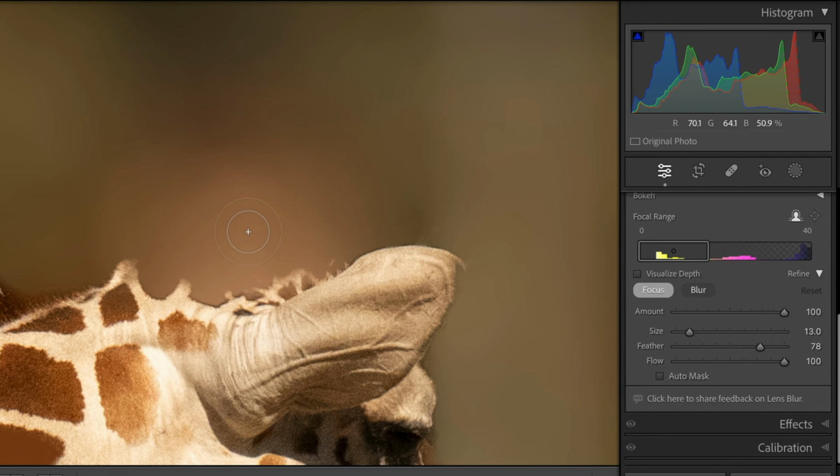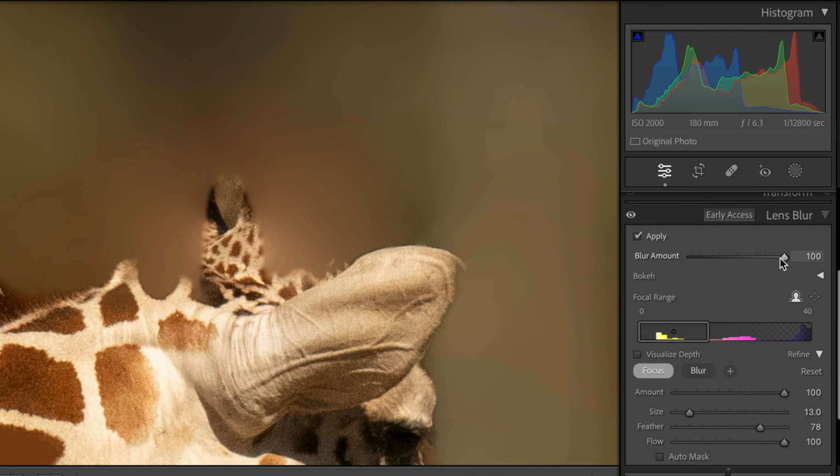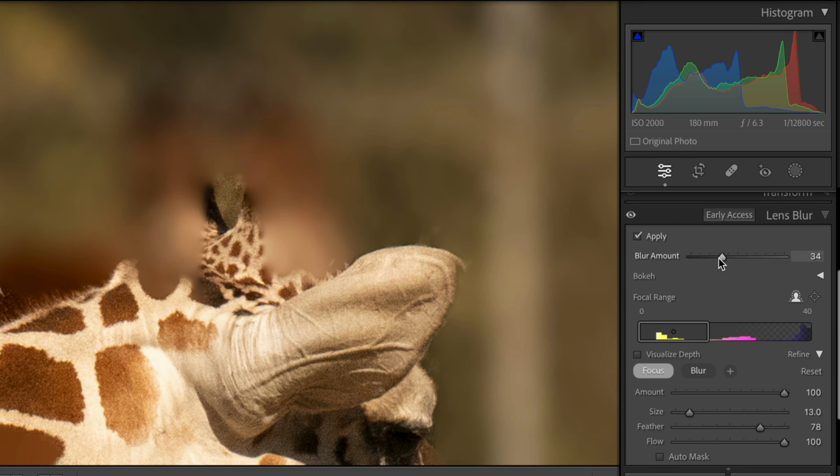Let's go ahead and just start painting and see if we can get these little nubs back. As you're doing this, you have to be able to see what it is you're doing. So let's go up here, and we'll pull this back a little bit, and we can see that our little nubs come up here. So let's go ahead and focus, get that sharp as it comes down,